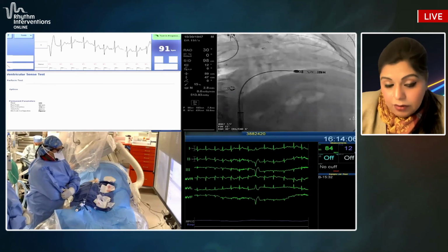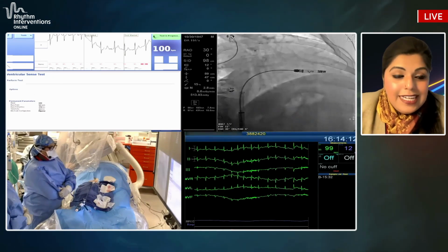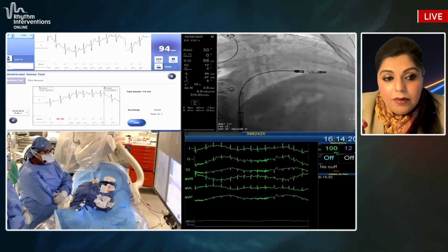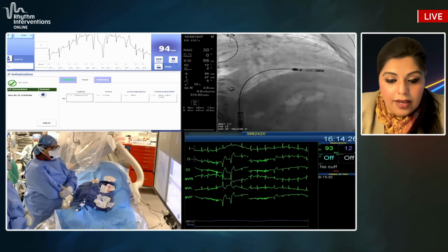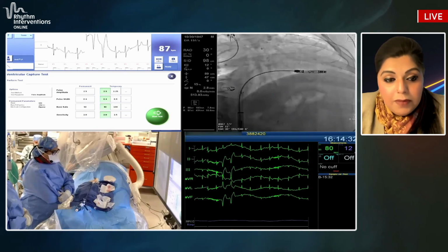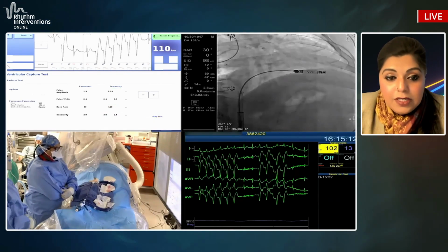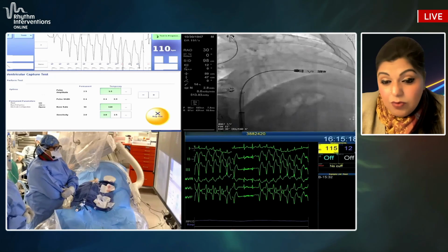So I'll know that it's almost like putting in a transvenous lead. I mean, these are things that we do when we implant a transvenous lead. So I think to me, this has been the game changer with this technology, is the fact that I'm able to map where I'm gonna go before actually deploying the device, because we know from the micro data that the higher risk of pericardial effusions and trauma to the RV comes from multiple recaptures and repositioning. So for me, this has been like a game changer, because the amount of repositionings, at least in my practice, has been very limited with the system, because we get to actually